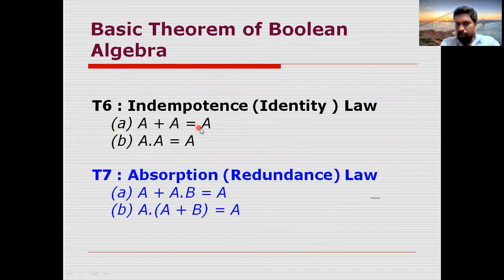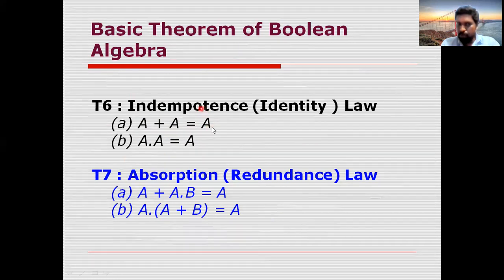A plus A is equal to A. A into A equal to A. Very, very important, these two will help us to simplify an expression many times. We can come across these properties many times while simplifying. Remember, when a literal is added to itself n number of times, not only 2 times, if you add 3 times, 4 times, 5 times, the same literal n number of times, then also you will get the answer as A. If you multiply the same literal n number of times, then also you will get the answer as A.